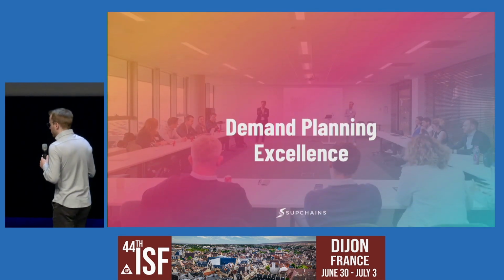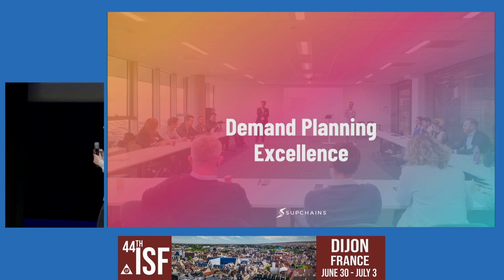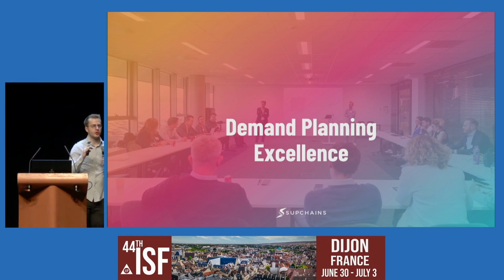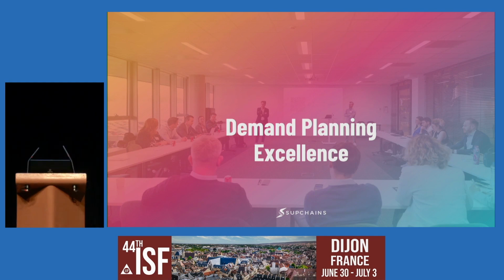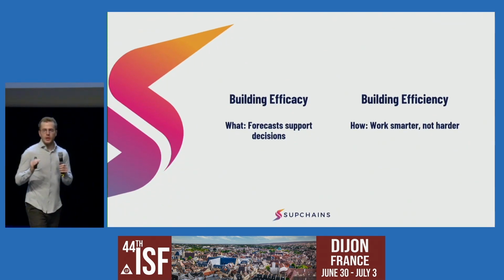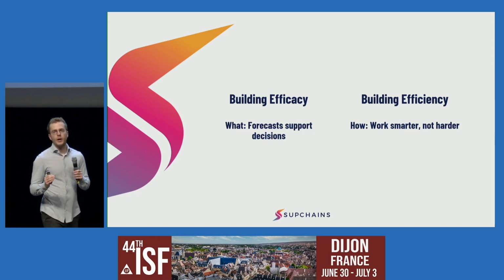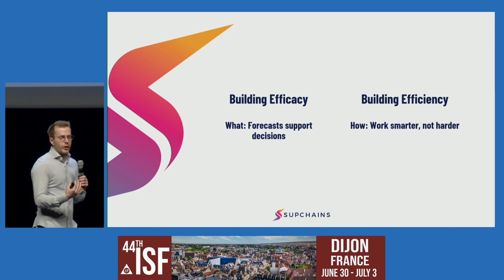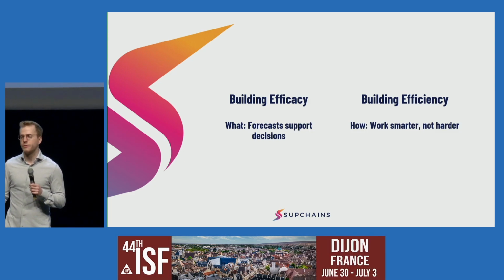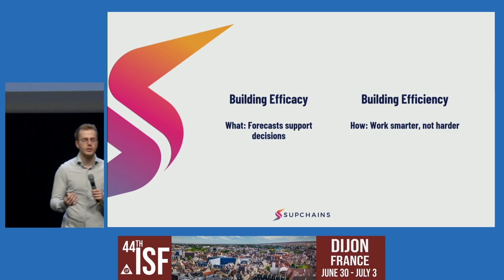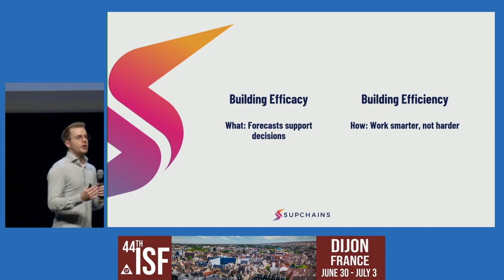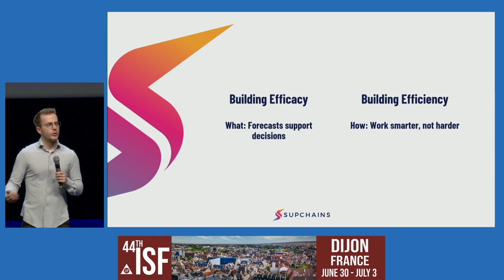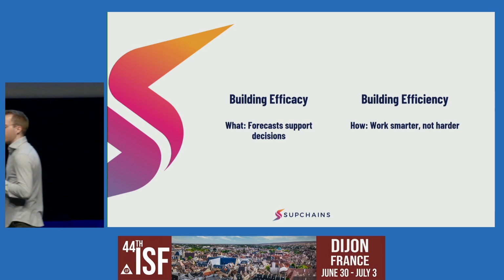Okay, so how do I define demand planning excellence, which is my overall objective? Machine learning is very important there, but that's just one piece of the building. Demand planning excellence, for me, has two main parts: efficacy and efficiency. Efficacy means that as demand forecasters, we forecast something that's useful for our colleagues, something they can use in practice to make the right decision. So my objective is not just to be accurate, my objective is that my forecasts are useful, the granularity is fine, the horizon is fine, and so on.